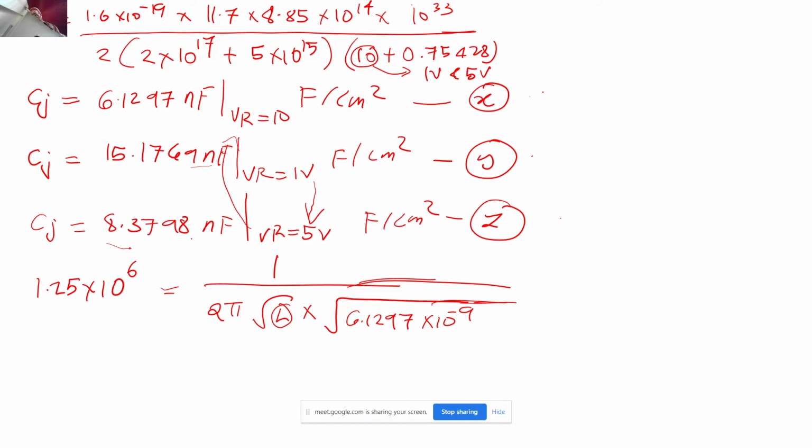The cross sectional area is 8 into 10 to the power minus 4 cm square. Correct? So I am just going to put it 8 into 10 to the power minus 4. Correct? So if you just calculate it, then you will get the value of L as 3.306 millihenry. Correct? So the Henry is the unit of the inductance.